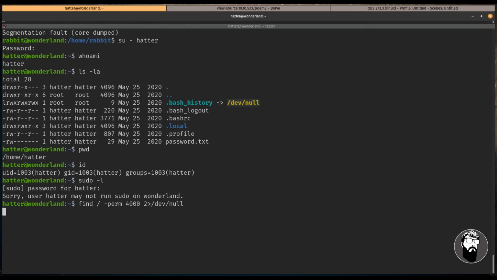So far, we're not getting any results, and it doesn't look like there is. So we have to find another way to privilege escalate, because we've been Alice, we've been the rabbit, and we've been Hatter. So the next obvious step is going to be root. So how are we going to get root? So let's actually go over to